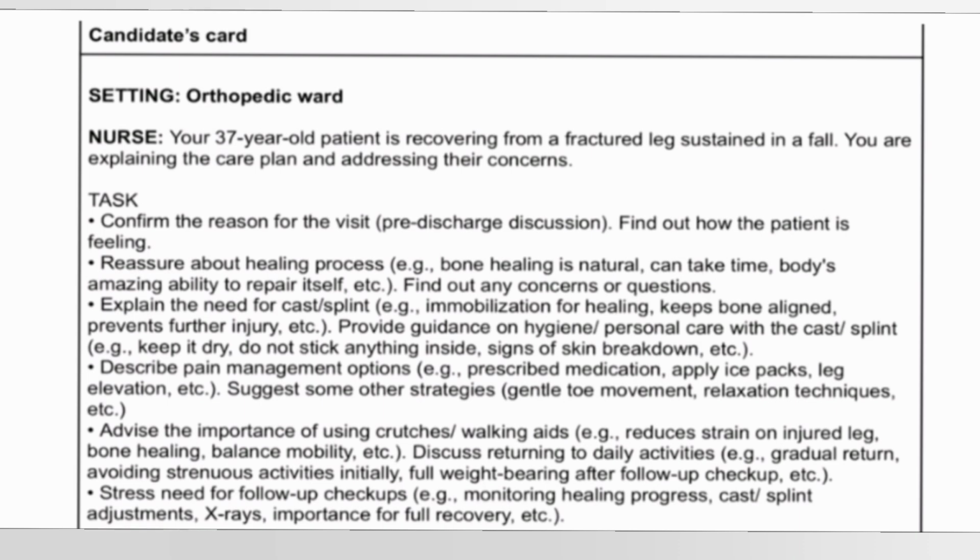And also along with this, during your follow-up, x-ray will be done to monitor your healing process in your fractured leg, and it also helps in cast and splint adjustment. Moreover, it is very important for your full recovery to have proper follow-up checkups. So are you getting my point, or are you following me, or